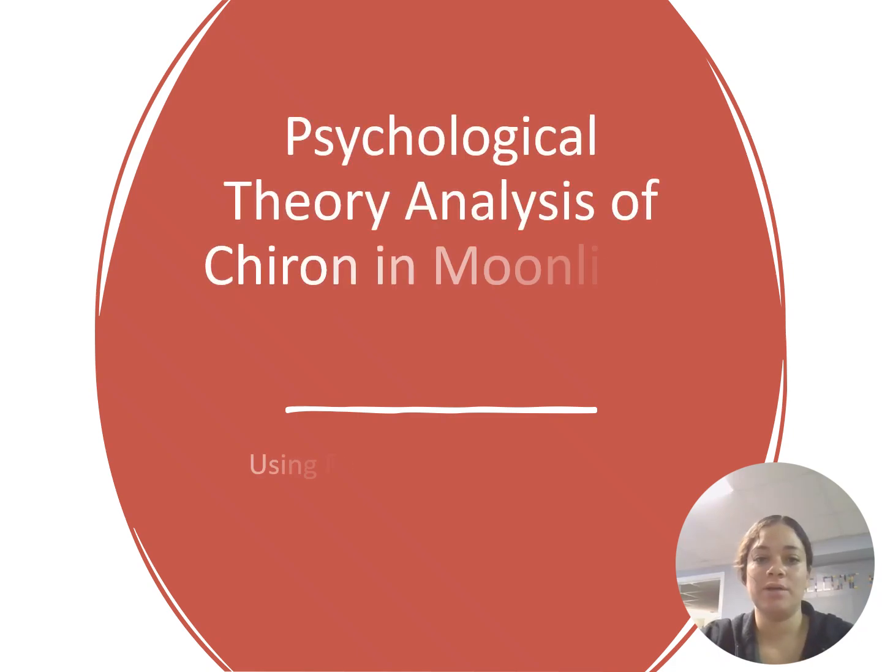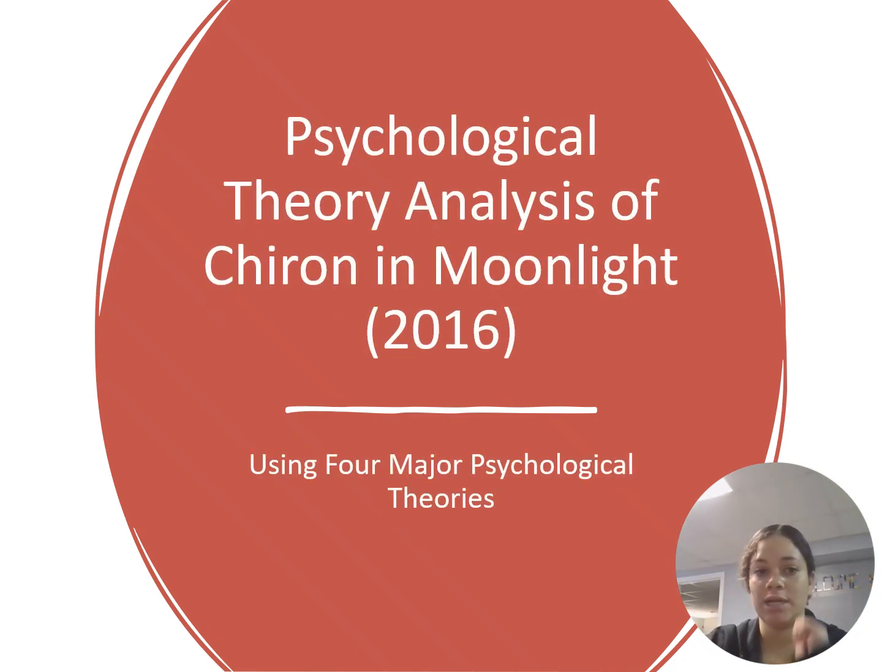Hi, my name is Brittany Ludwig, and today I will be giving a psychological analysis on the film Moonlight, directed by Barry Jenkins. This came out in 2016. I'll be focusing on 4 psychological theories that help explain the development of the film's main character, Kieran. The theories I will be using are Erikson's psychosocial development theory, Bandura's social learning theory, attachment theory, and Maslow's hierarchy